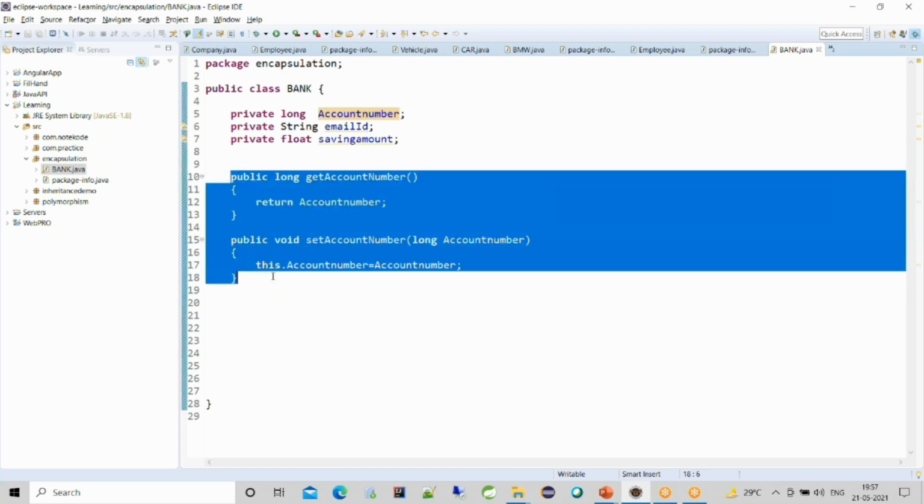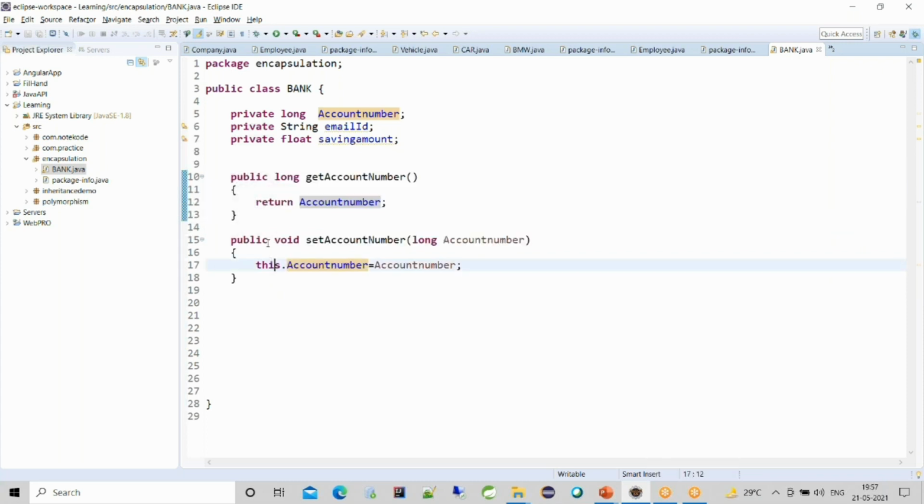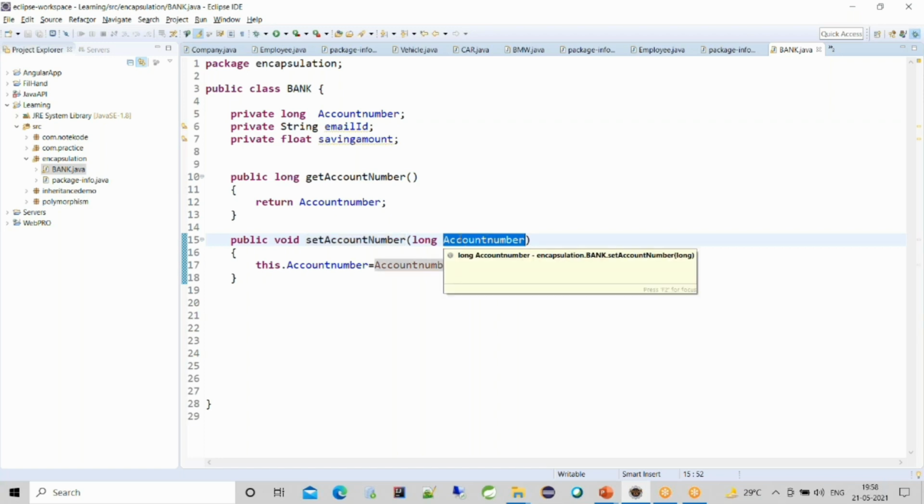Now this is a setter and getter method. So what are the setter and getter methods doing here? The setter method setAccountNumber accepts a parameter, accountNumber. It is saying give me the account number, and the setter method will set the account number into this.